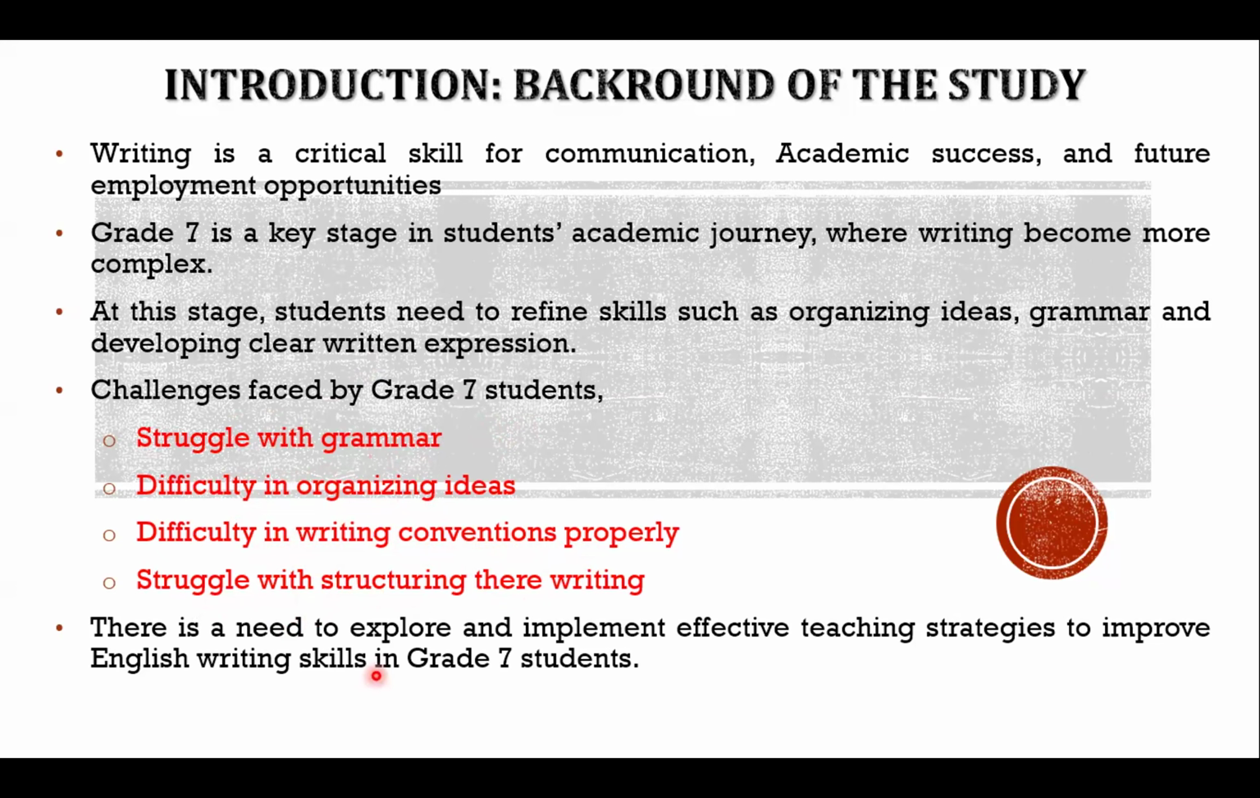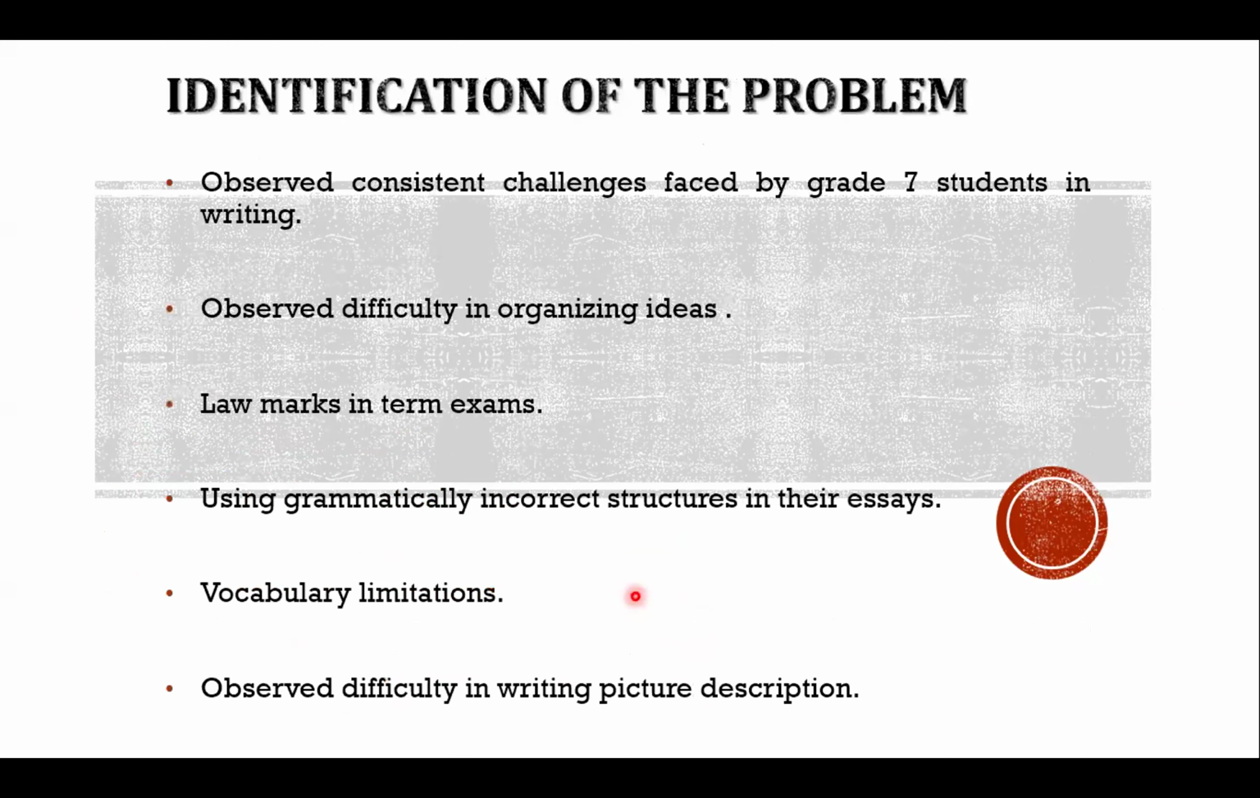So these issues make it harder for them to write effectively and express their thoughts clearly. That means they can make sentences but not grammatically correct. And there is a need to explore and implement effective teaching strategies to improve English writing skills in grade 7 students, so they can overcome challenges and write more confidently and clearly. So the next one,